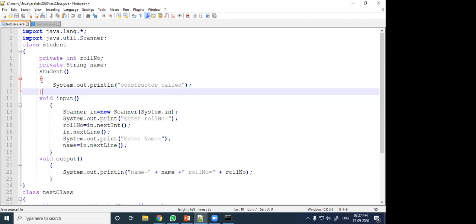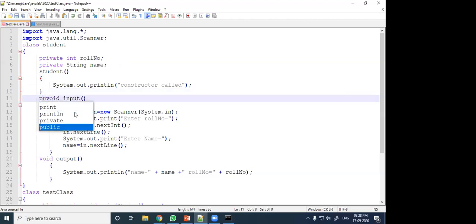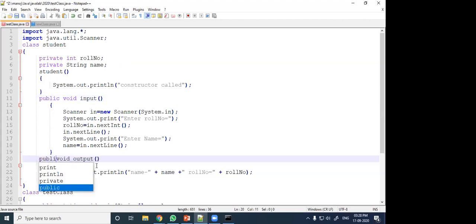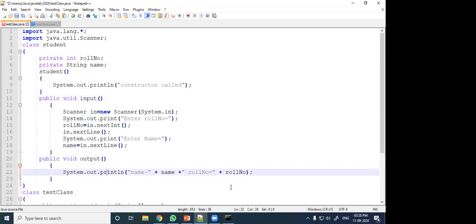So the student class has a constructor which we will discuss next class. Then roll number and name are the private members, and there is an input function, input method. So see here, I have not written any private or public word. Automatically, if you do not write private or public, it assumes that this is public. You can also write public here. Okay, there is no issue. You can also avoid this thing.